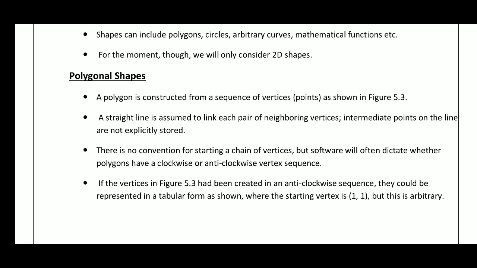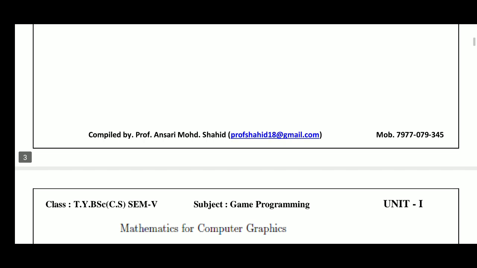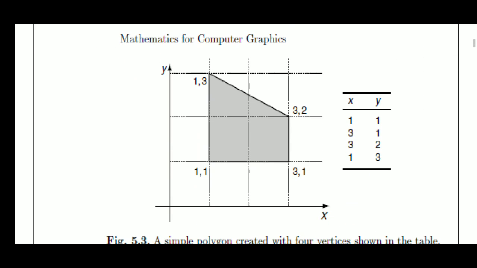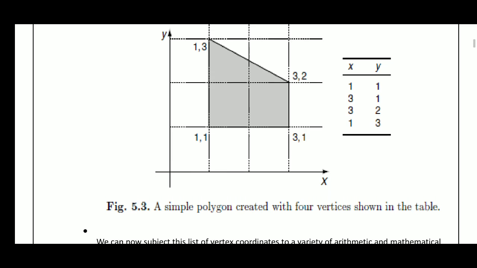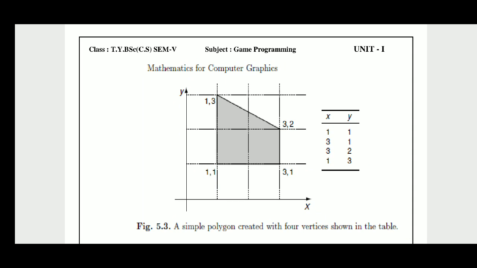But software will often dictate whether polygons have a clockwise or anti-clockwise vertex sequence. So the software can tell you what is the starting line and what is the ending line. If the vertices in the figure have been created in anti-clockwise sequence, they could be represented in a tabular form as shown. So in tabular form also they can be shown likewise. So it depends on the coordinates put forth by the value or the moving picture. So this is basically the mathematic graphic of